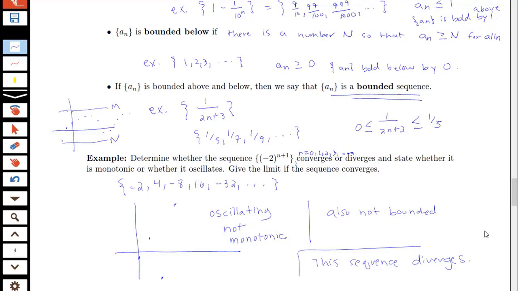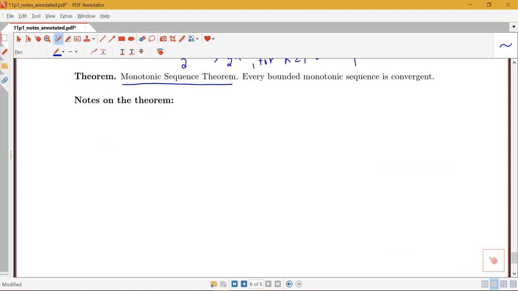Next, we're going to see how these ideas of being bounded and being monotonic are connected to a really important theorem about sequence convergence. So we have something called the Monotonic Sequence Theorem, which states that every bounded monotonic sequence is convergent. Okay, so what does this mean? Let me write that out in a little more detail. This says if a sequence is bounded, meaning bounded above and below,